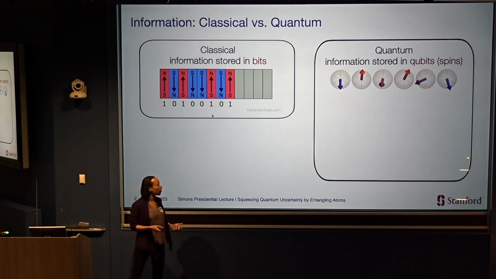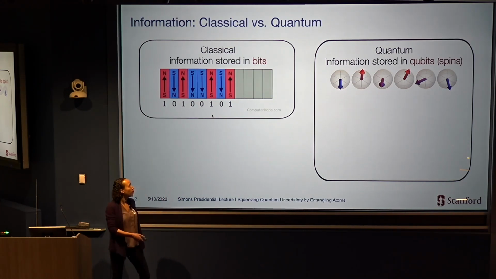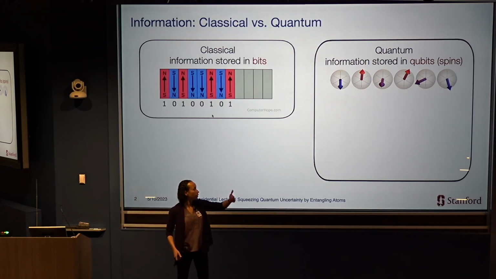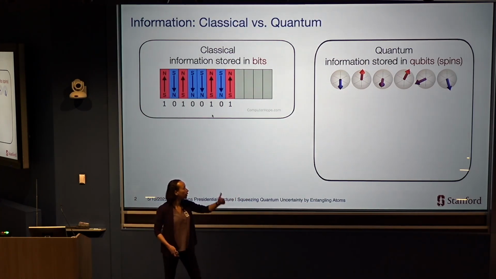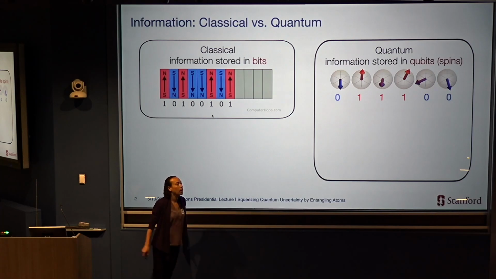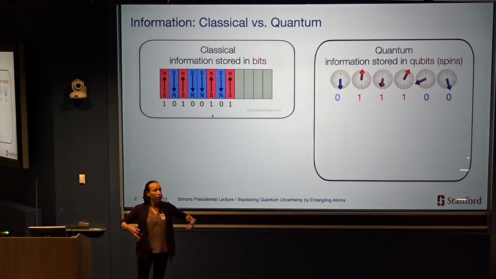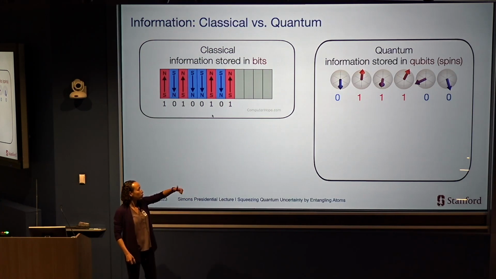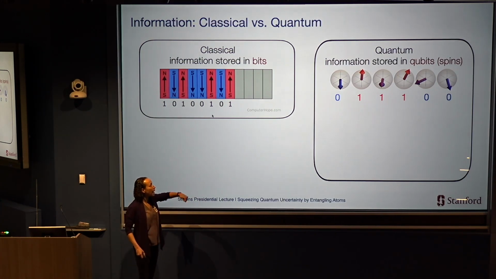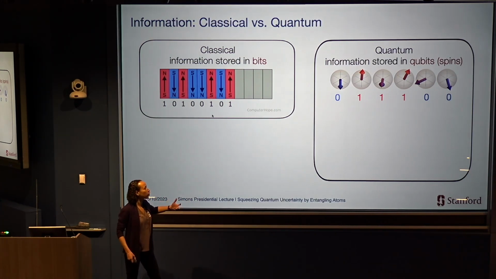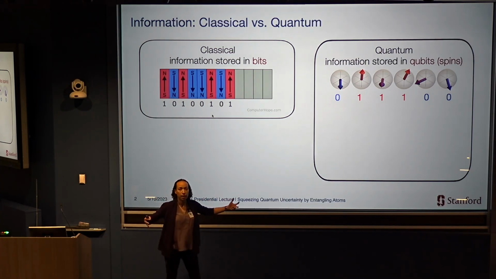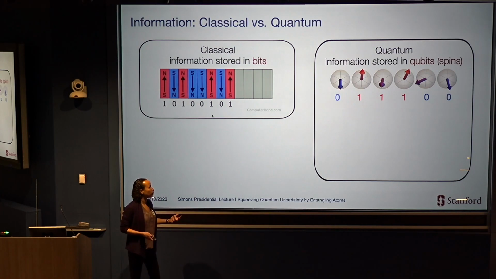And here, similarly to the classical case, you could have a qubit that I think of as a vector pointing up, and that would be a 1. If it's pointing down, that would be a 0. But what's different about quantum information is I could also have a vector pointing somewhere in between. What that means is that when I measure the state, is it a 0 or a 1? There's some probabilistic aspect of this measurement. The outcome is going to be random.